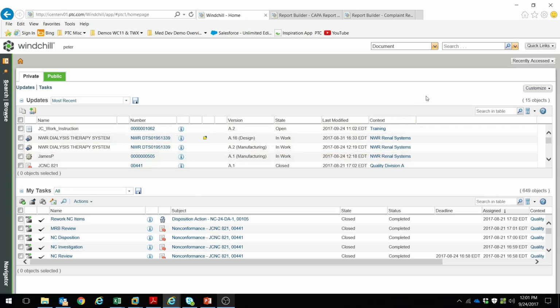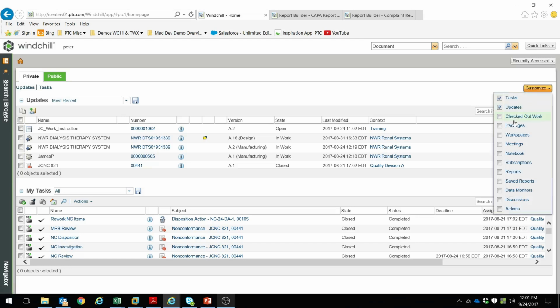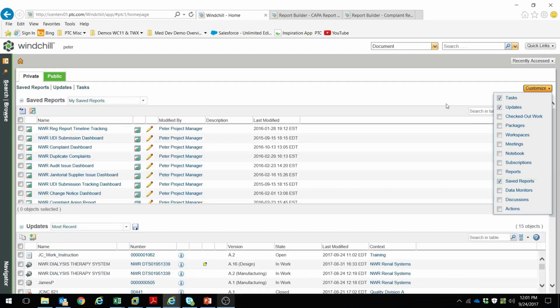The homepage is very configurable. If I want to come in and add different tables or add more tables to my home view, I can do that. Here I see my list of options which I can add. For example, if I wanted to add my saved reports to my homepage, I can do that. So every time Peter logs into the system, he's now presented with his saved reports as well as the updates